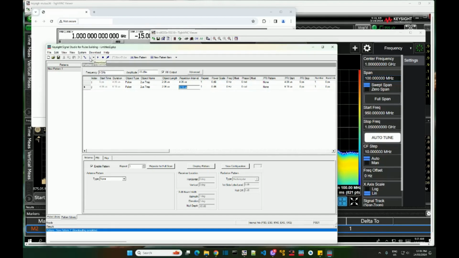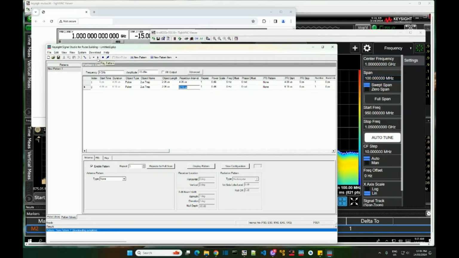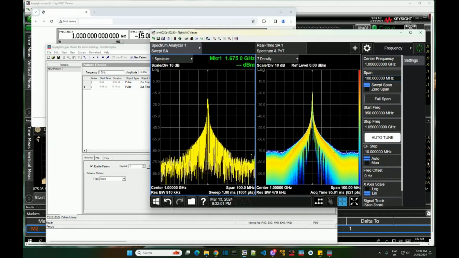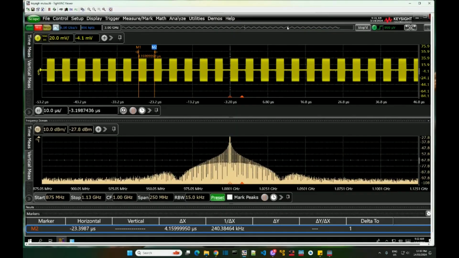Same flat power and same frequency carrier at 1 gig. Let's click on this, just download, and let's play the pattern. Again, you don't see much on the spectrum side because everything happens on the carrier frequency at 1 gig. Same as LTSA mode. Let's run this scope